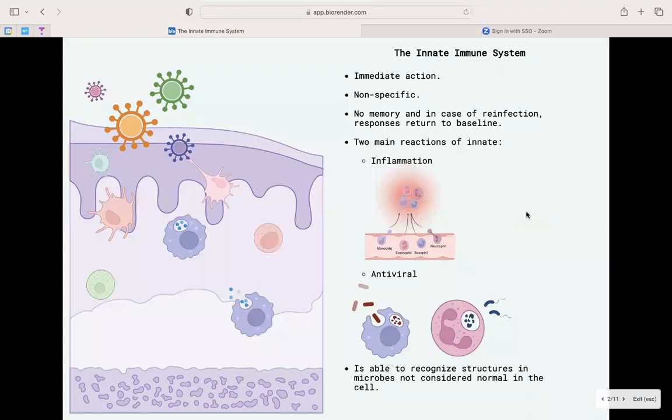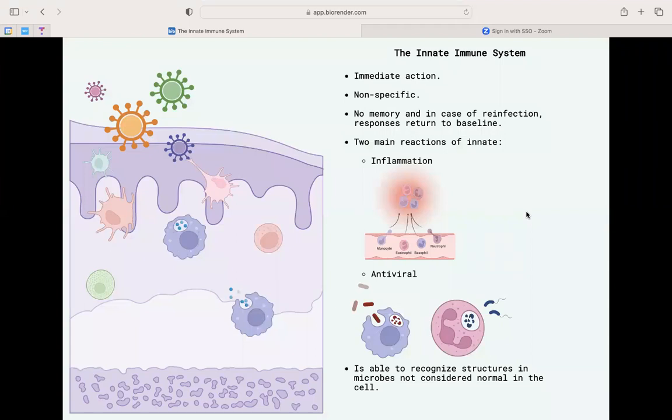So the innate immune system is an immediate action and non-specific response that is not enhanced when exposure to a certain antigen is repeated, meaning the innate system has no memory and will return to baseline. However, there are two main reactions involved with the innate immune system, inflammation and antiviral, and while this system responds in the same way with reinfection, it is able to recognize structures and microbes that would not be considered normal